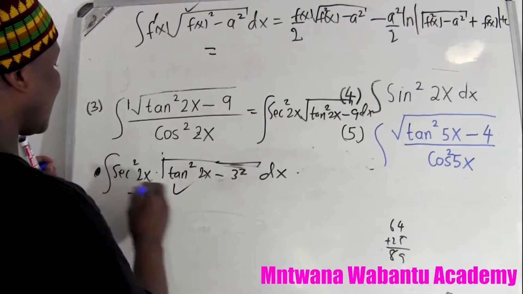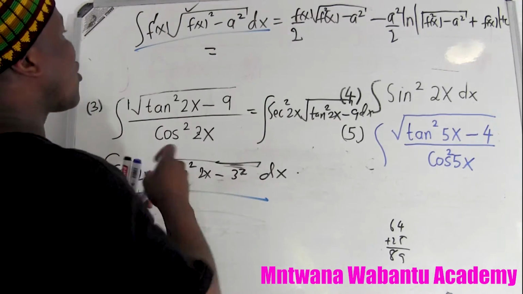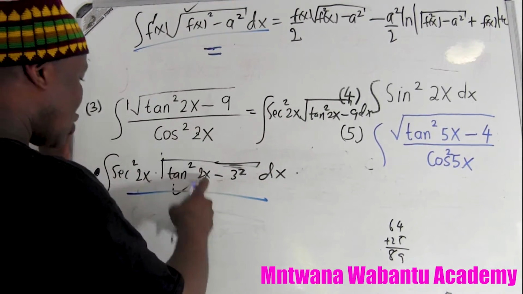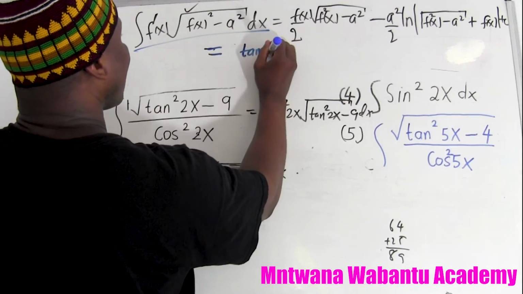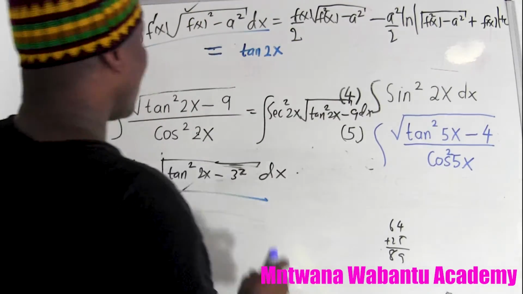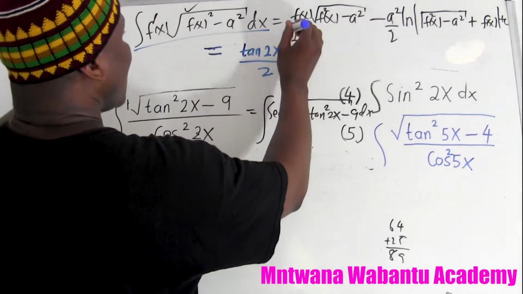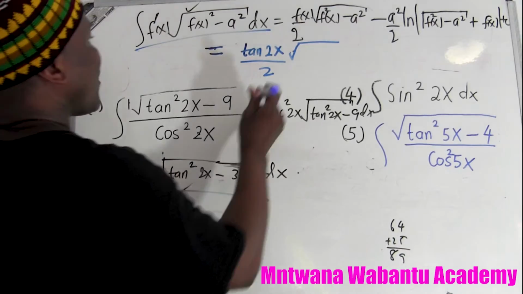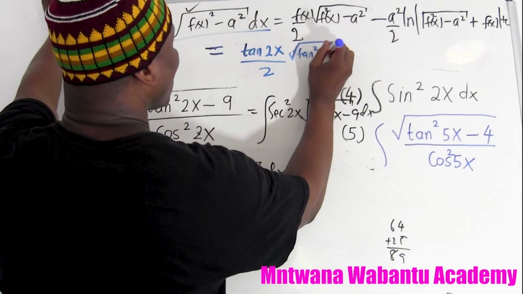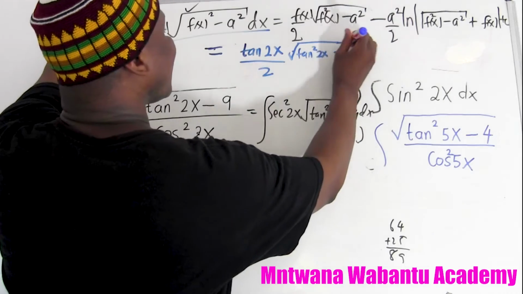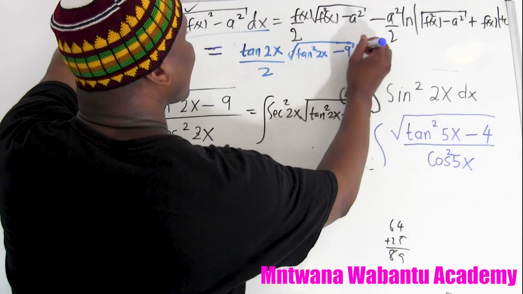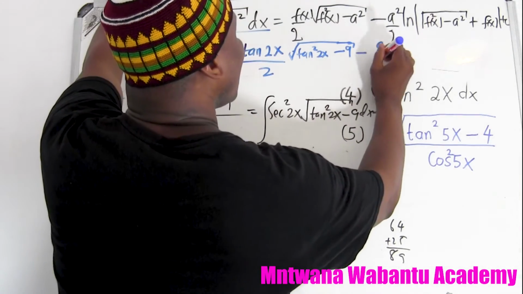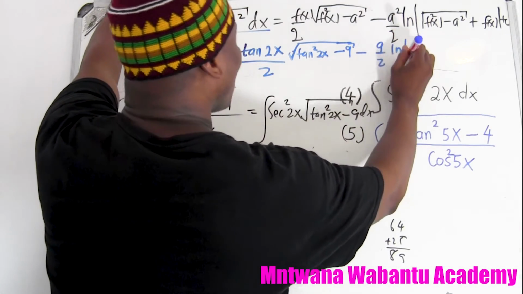So what I'm saying, this is almost like that. We're going to say equal, I'll start from here now. Equal, okay, f of x, what is f of x? Tan 2x. So tan 2x, which is this one here, over 2. Now square root, f of x means you write this exactly: tan square 2x, minus, okay, what is 3 square? 3 square equal to 9. Minus, a square means what? This number. A square is like 3 square equal to 9, over 2, and then we say ln,